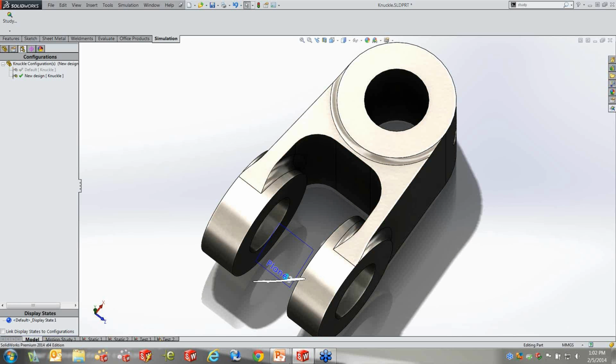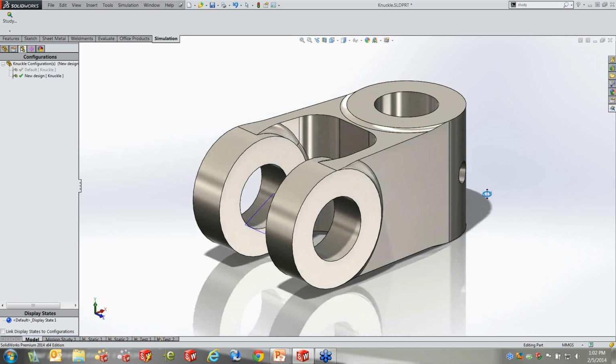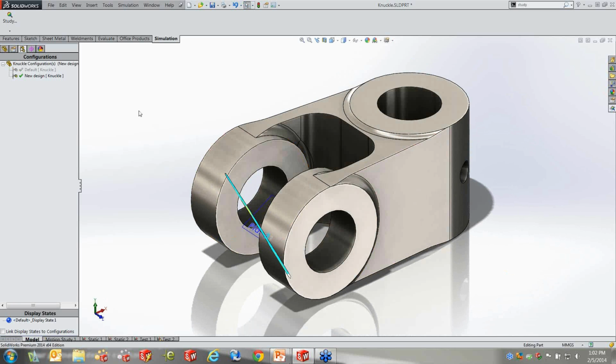Now I'm going to go ahead and end the conversation at our introduction to linear static analysis. And if I go ahead and